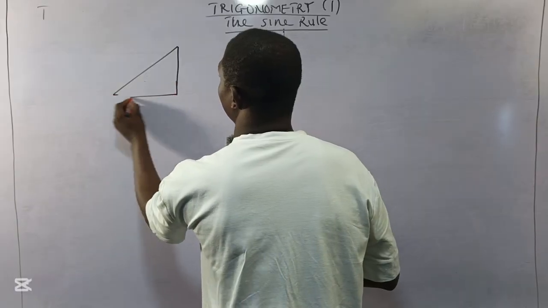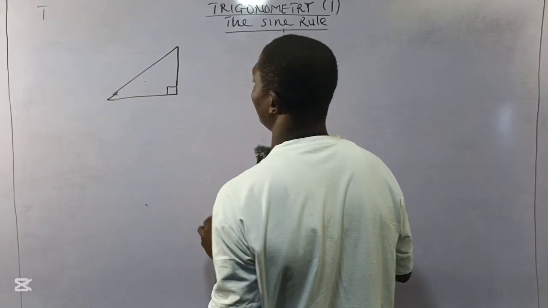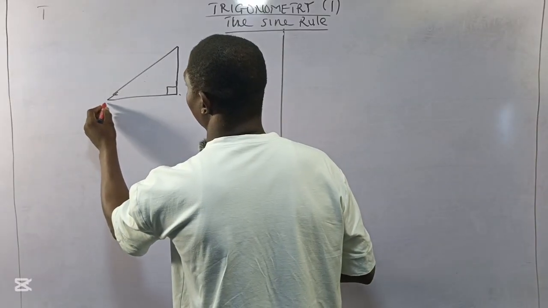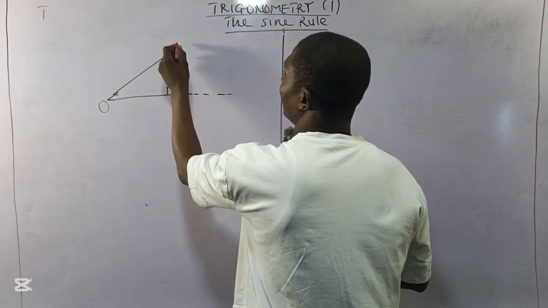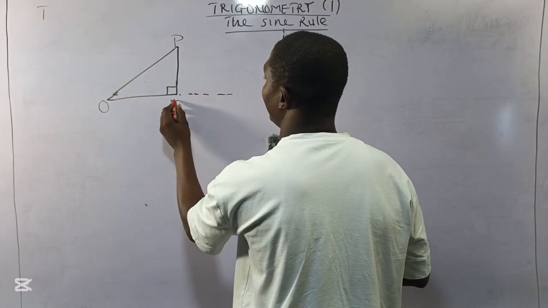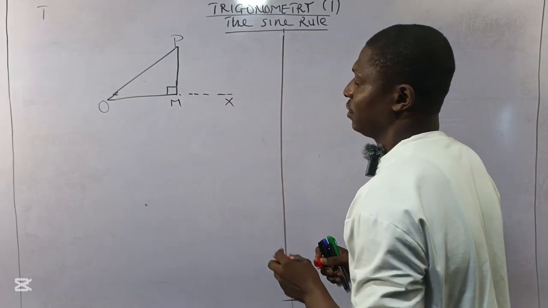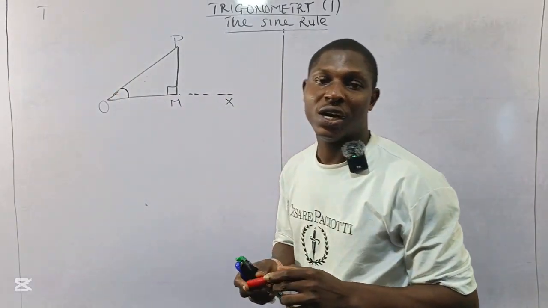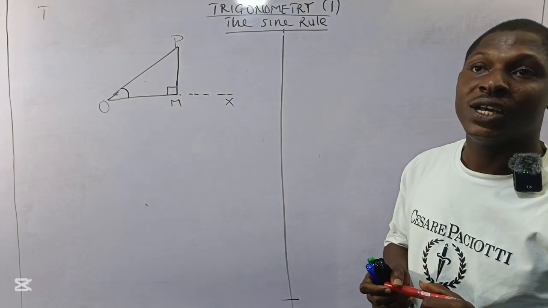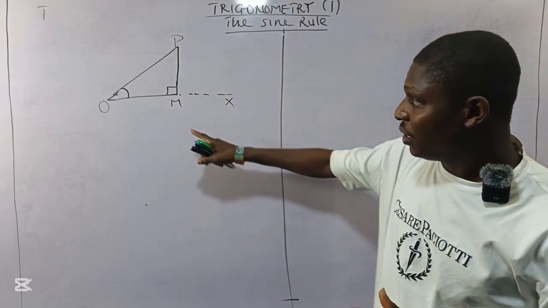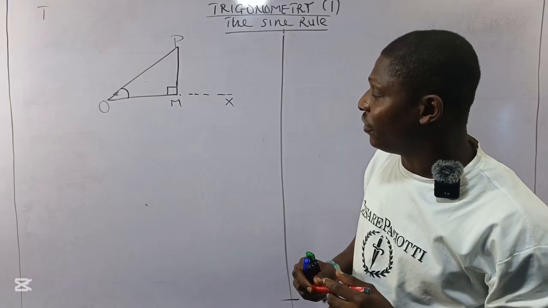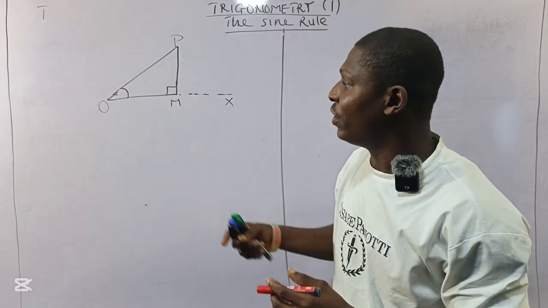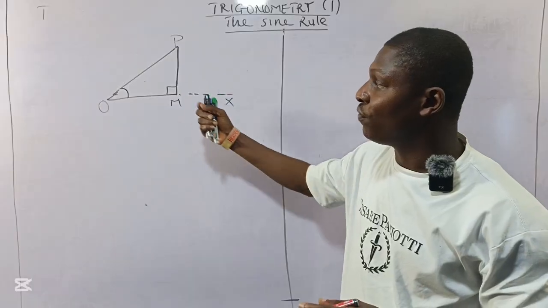If I have this as a triangle and this extended, and I have here as O, and let me say this P, this M, and this X. You can see that this angle at O here is an acute angle, because acute angles are angles that are less than 90 degrees. Angle M is a right angle, which is 90 degrees. So angle P plus angle M will add up to give me 90 degrees